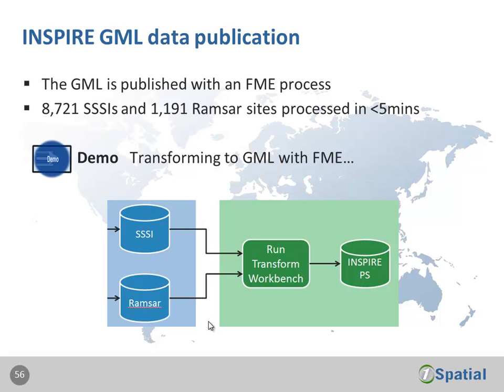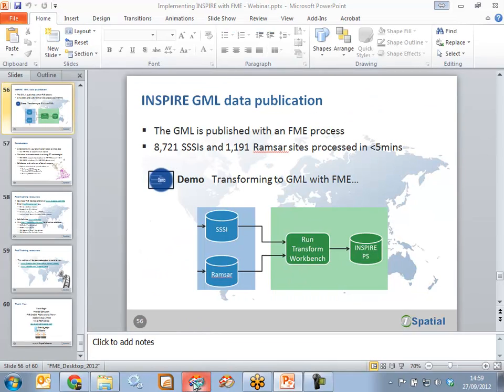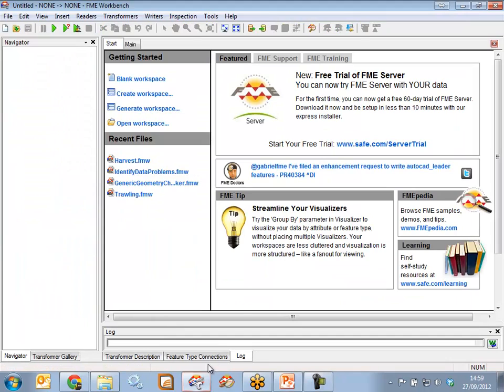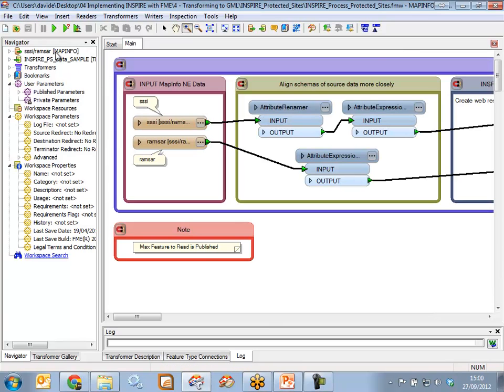So FME not only maps your existing attributes, but if your data does not contain an attribute that's appropriate to the schema, you can use FME to create that. You can take your data and run it through your ETL process in a relatively quick time, depending on the volume of features you've got. We're happy to assist with that kind of process if you want to take a look at approaches to producing conformant GML. If I just go and open up an example of the workflow,